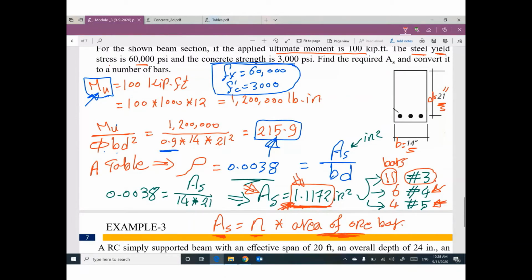I'm trying to complete my whole story, but step by step. So right now, M ultimate is given. So I can figure out this term. I can go to a table to figure out the value of rho. So I can figure out area steel. Based on the selected bar, I can figure out the number of bars. Until this moment,